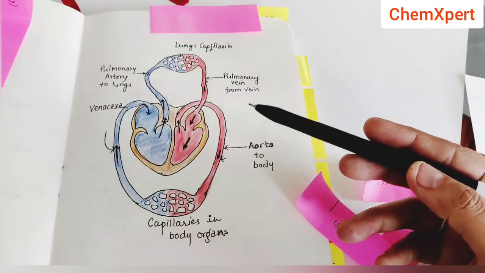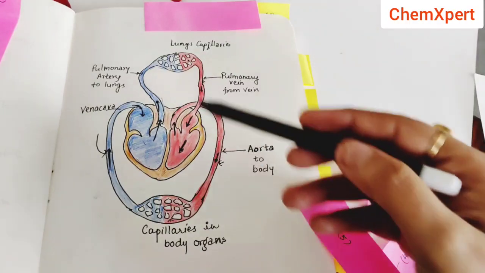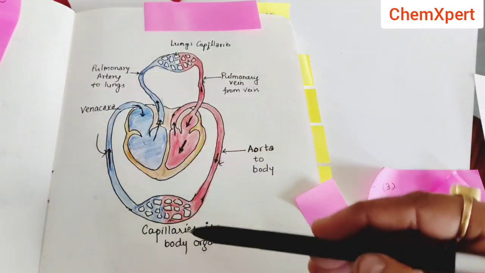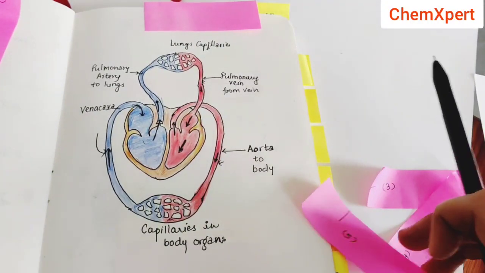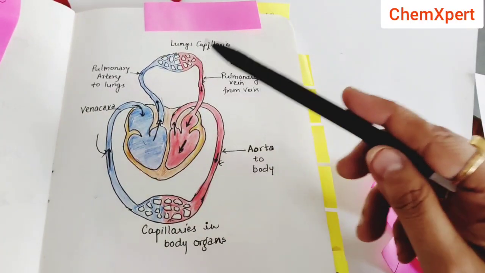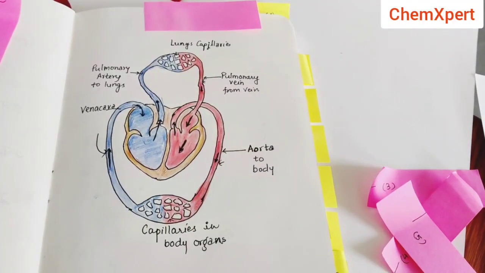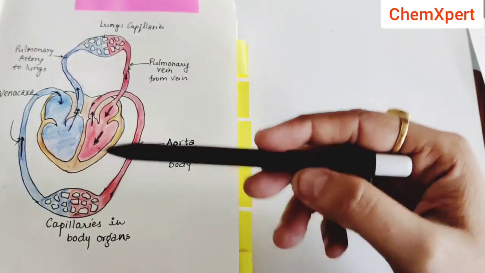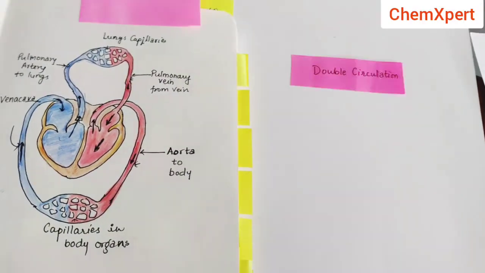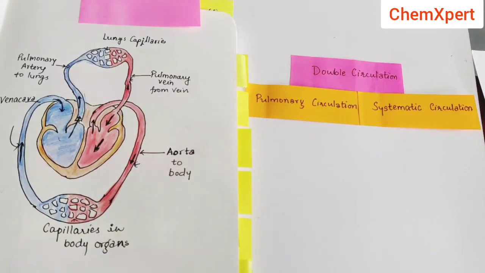So what kind of question can be framed in the exam? Just numbering 1, 2, 3, 4, you have to identify which organ is performing which function, or there will be a match the following part. Now one more important point, in this whole circulation, blood travels in the heart 2 times. Since the blood travels 2 times in the heart through one cycle, it is also known as double circulation, which includes 2 circulations, pulmonary circulation and systematic circulation.